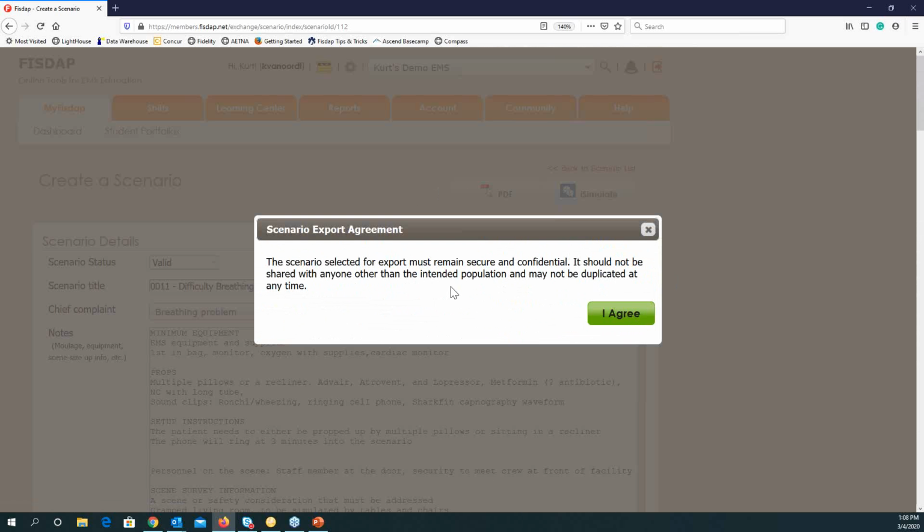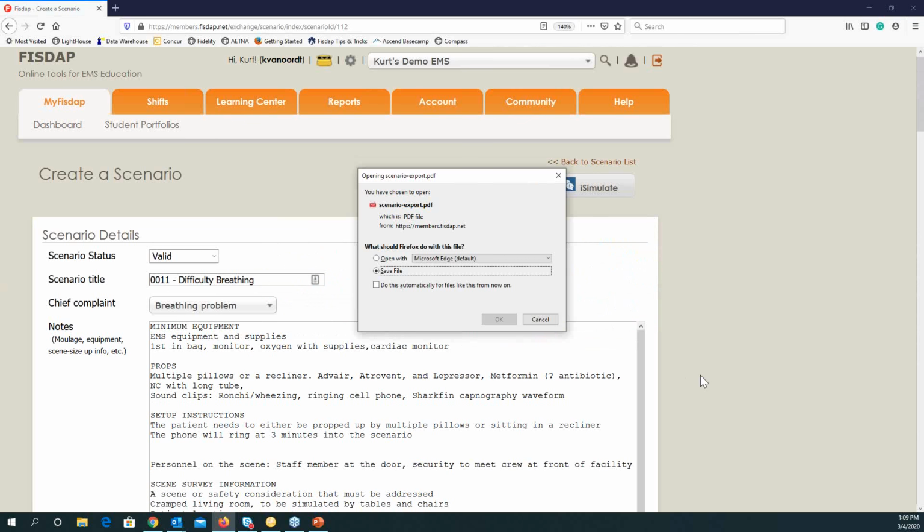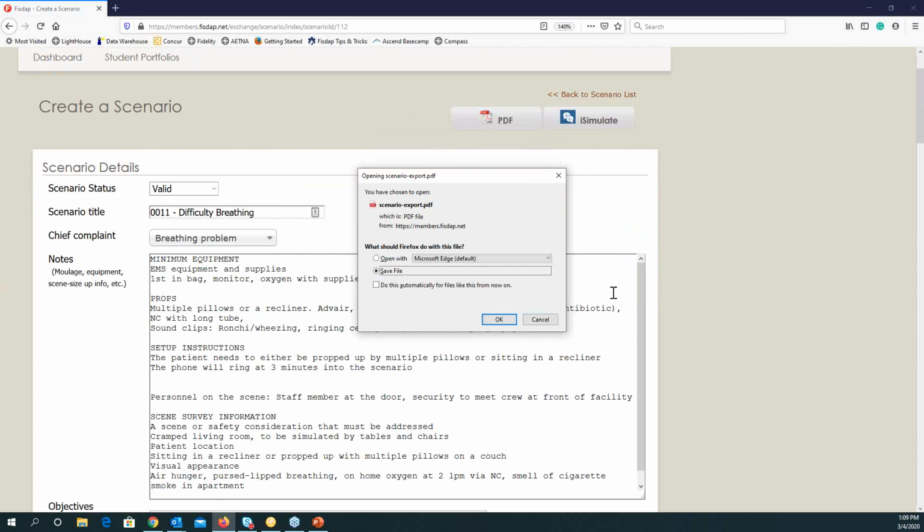It's going to say, keep these confidential. Students do not have access to these, so treat these like an exam. These are teachers' tools, and don't let students have access to these. But then this would make the PDF available, and you can go ahead and open it up, maybe laminate it,